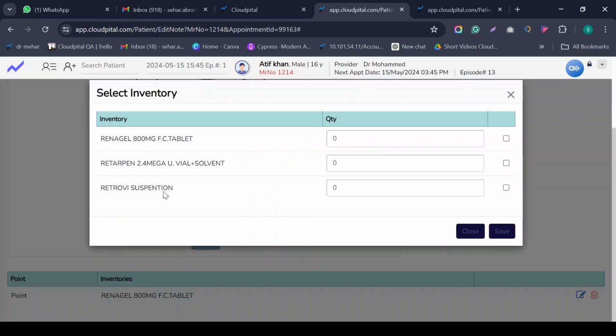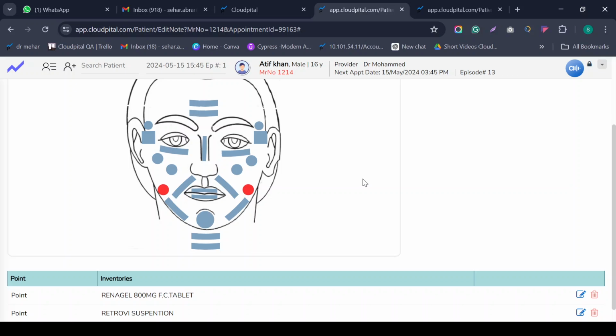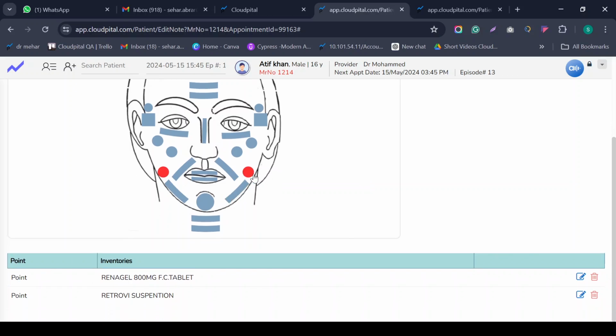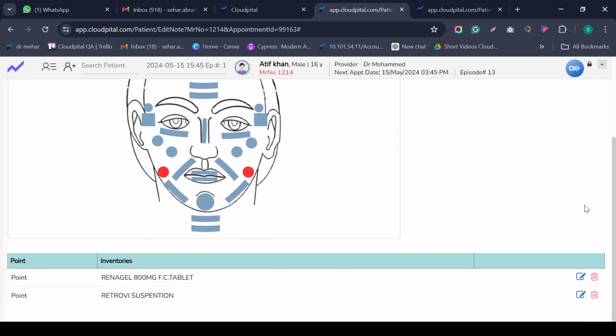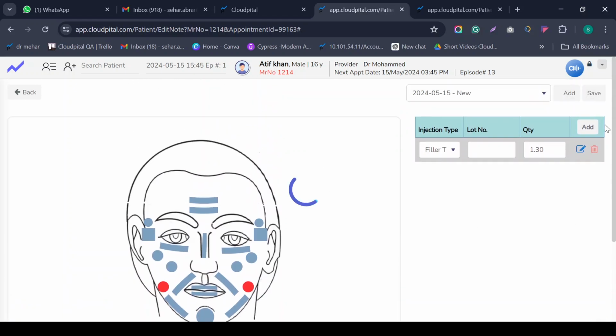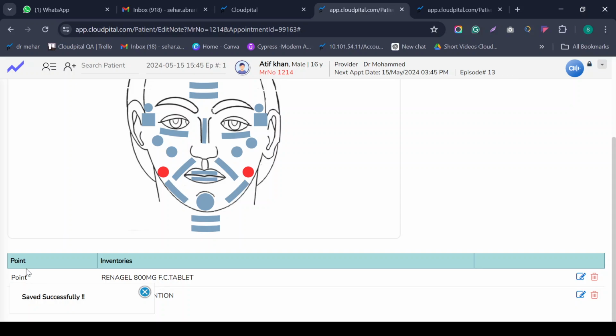Similarly, we can select multiple points and we can add multiple injections in the specific one. Also, we can add their quantity in these screens as well, like 0.8, 0.9, and any other injection type which the doctor wants to add in these screens. So I'm adding 2 points, and the 2 points are highlighted. We can also add different types of forms and different types of filler points in these screens. So I just need to save it. This data will be saved, and you can see that their points will be highlighted and their injection quantities will be highlighted in these screens.